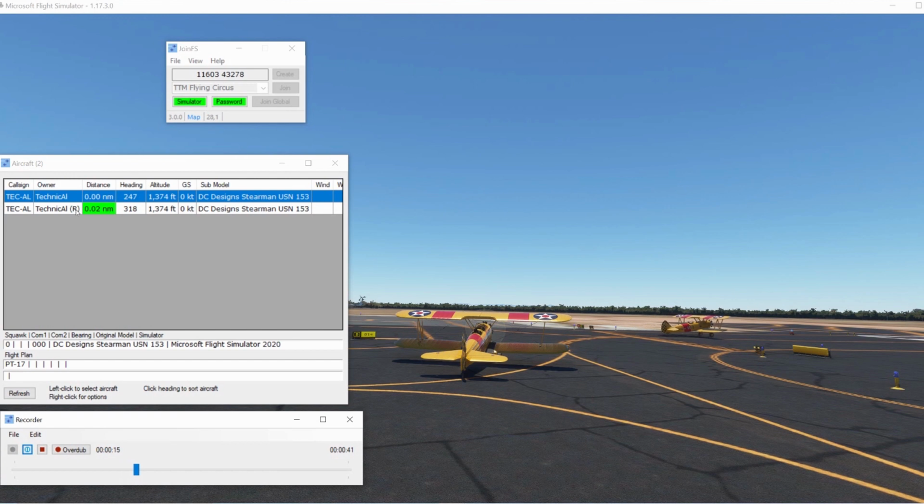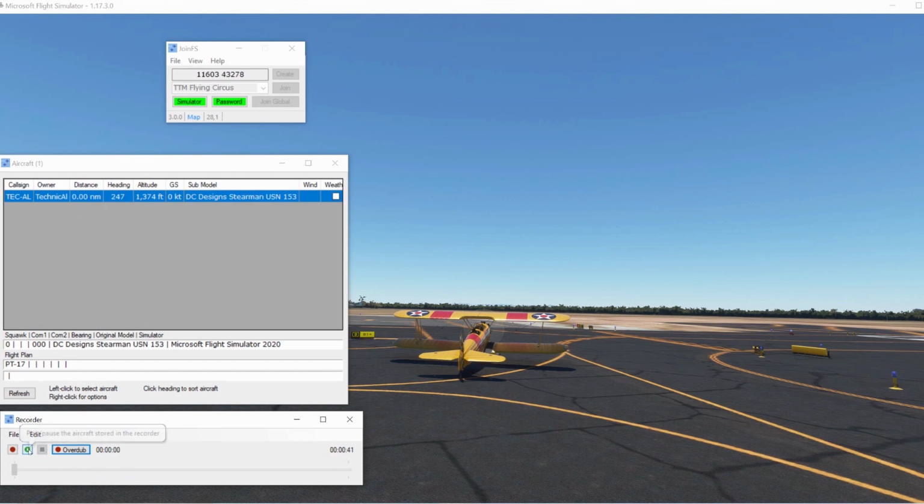The brackets R is the recording. We can pause that flight, we can play it from there, we can go backwards a bit and play from there. And what I'm just going to do now, I'm just going to stop the flight, and it disappears, the injection of that plane. Hit play